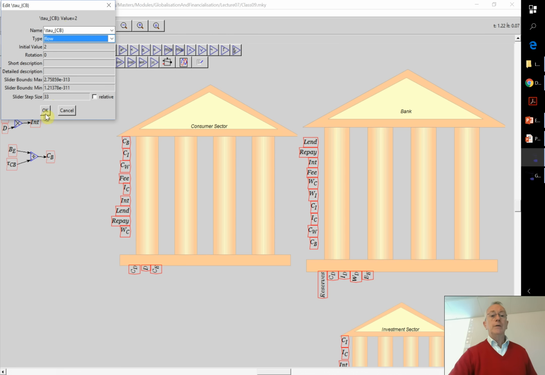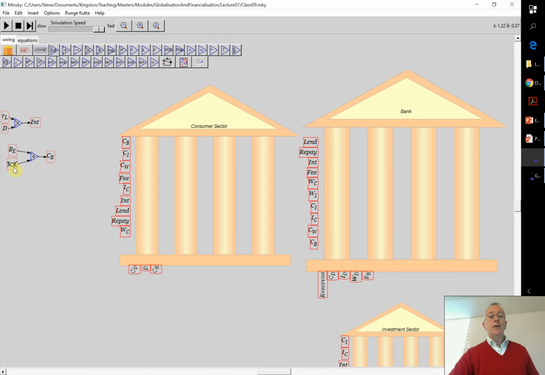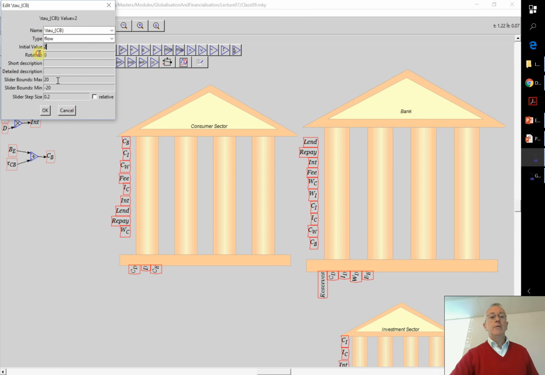Now what I want to do is make this into a slider, and I'll show you the way that I prefer to do this. Make a copy of tau CB, drag it up here, and then right click and choose slider. Come inside and edit it. I'm going to give it a range of anything, say 5 years, which means we've got oodles of money and it takes tons of time to spend, or 0.5. They're in Great Gatsby mode, they're spending a fortune, following a lot of essential cocaine. Okay, and I've got a step size of 0.01.